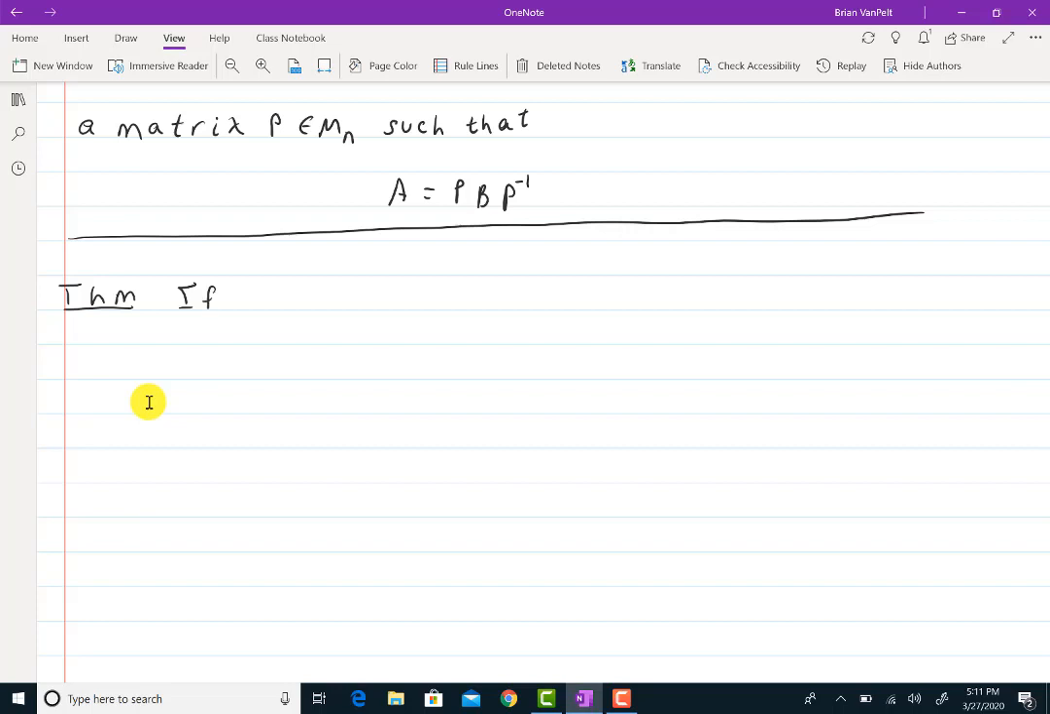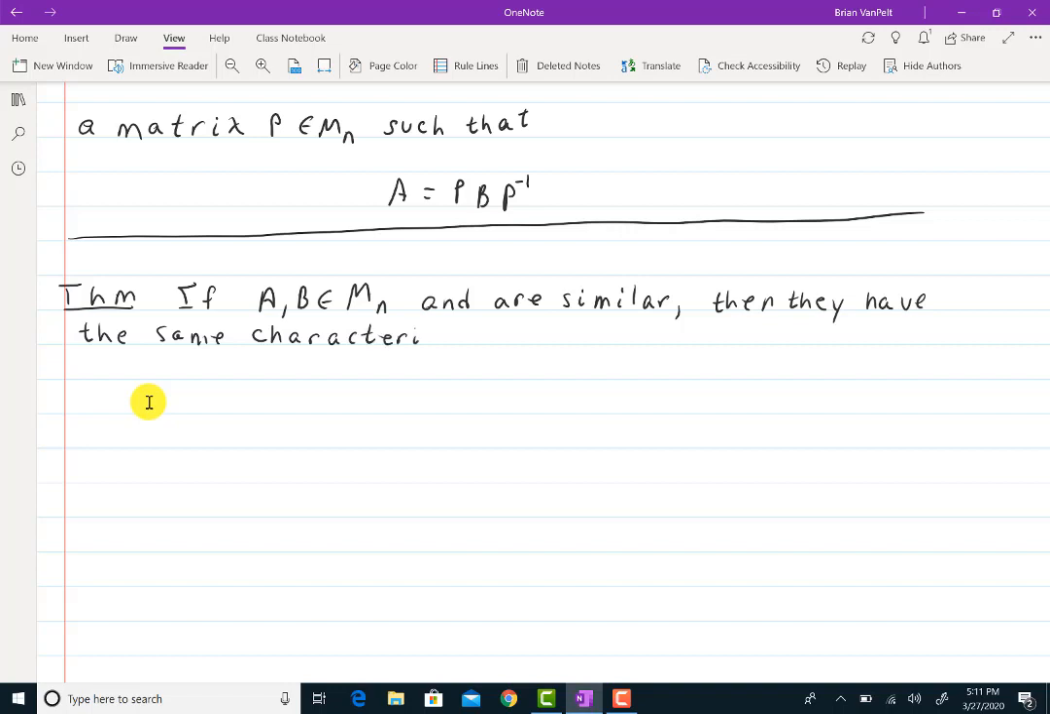If A and B are n by n square matrices and are similar, then they have the same characteristic polynomial. To prove that,